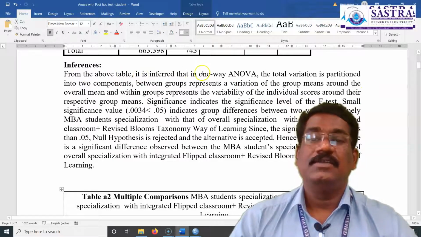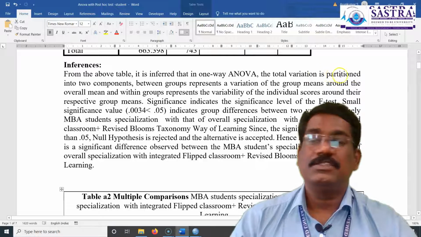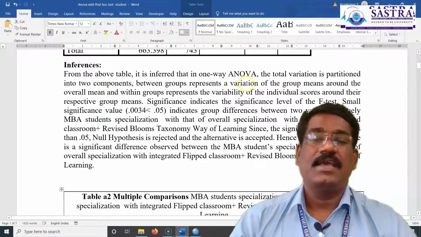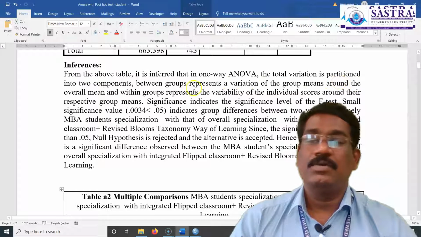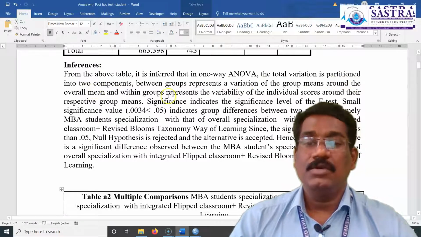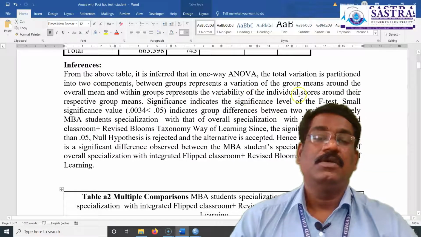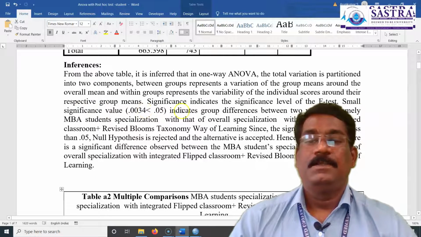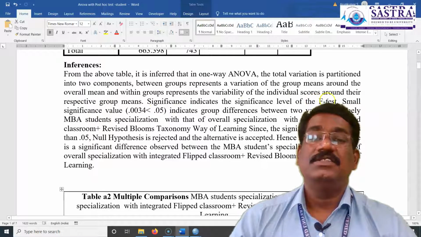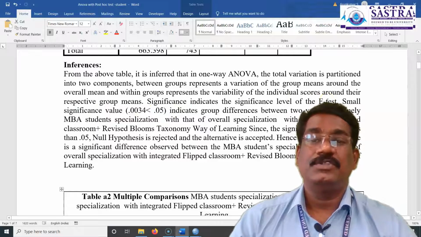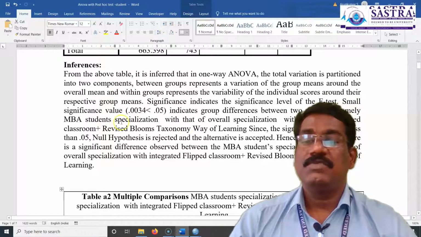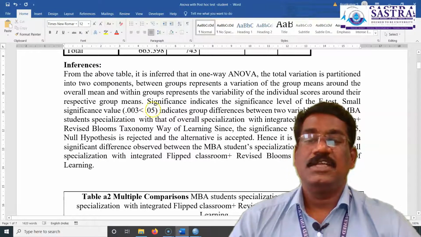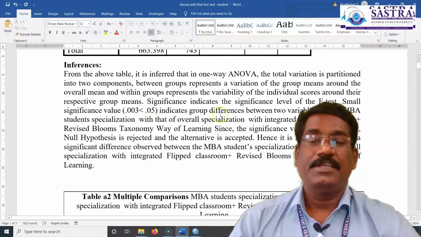it is inferred that in one-way ANOVA, the total variation is partitioned into two components. Between groups represents the variation of the group means around the overall mean, and within group represents the variability of the individual scores around the respective group means. Significance indicates the significance level of the F test. We saw 0.03, which is lesser than 0.05, indicates group